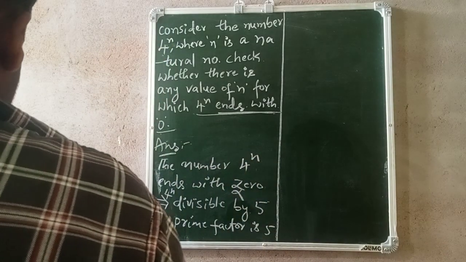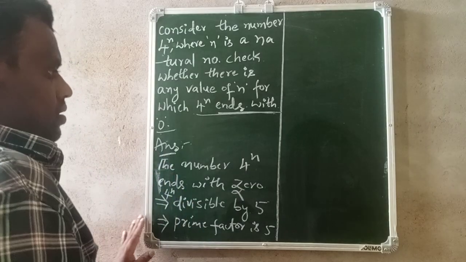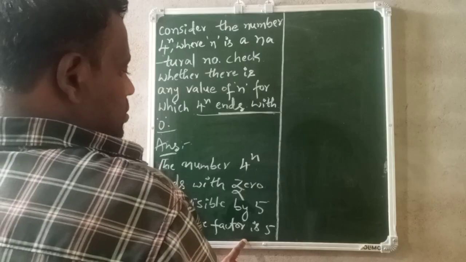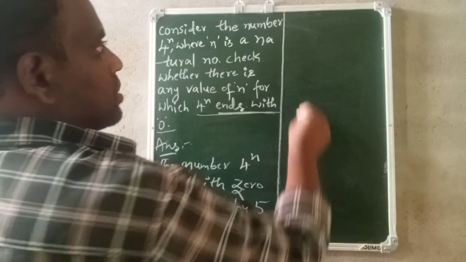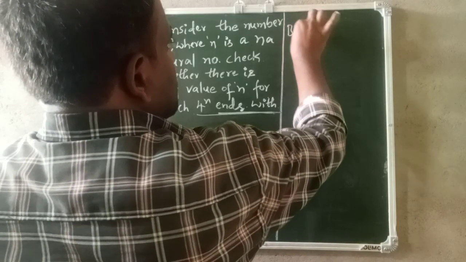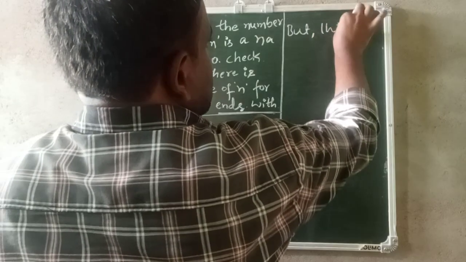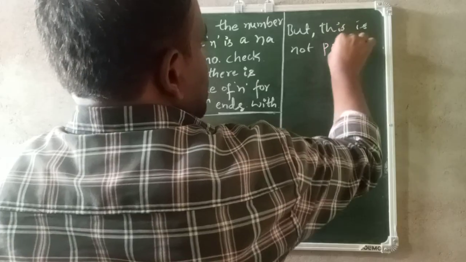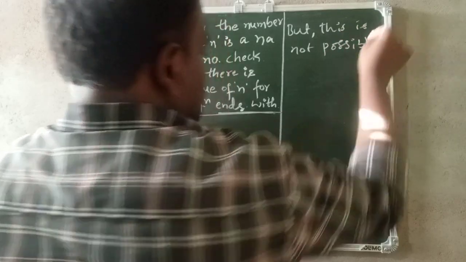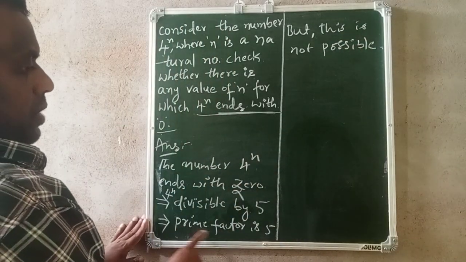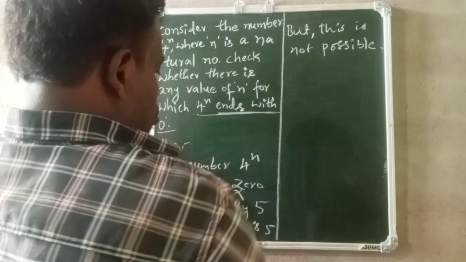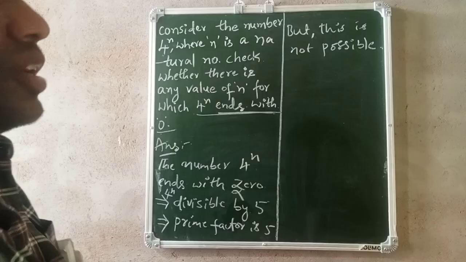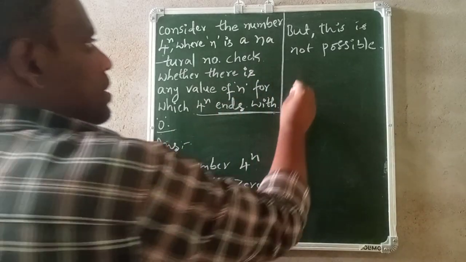Next. So a prime factor is 5, but this is not possible. 5 cannot be a prime factor. Why is it not possible? You have to give the reason. So I will write, because